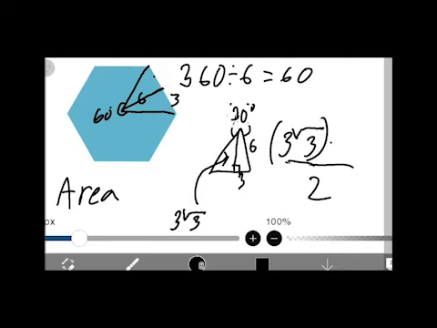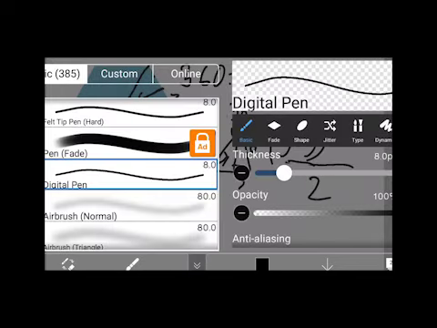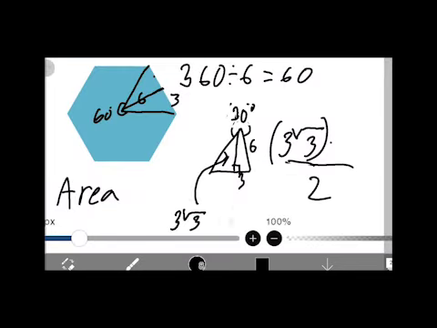Right? Then, the perimeter, that's a different story. Not a hard story, just a different one. Now the perimeter is, we have half the side, which is 3. Great. And if we want to find the perimeter, all it is is 1 entire side, right, times the amount of sides there are. Okay, well there's 6 sides, so it's 6 times 3, right? No. Since we only found half of it, it would actually be 3 times